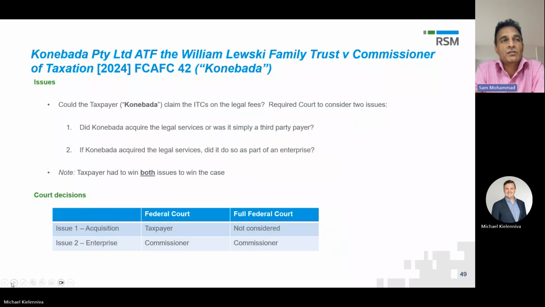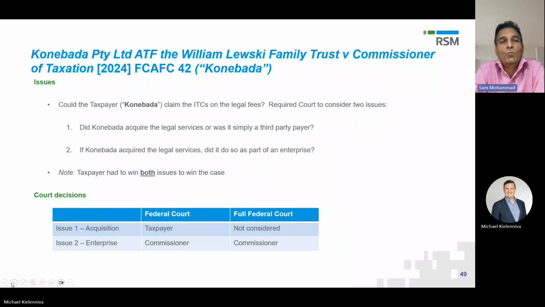So the court was satisfied that the taxpayer did carry on an enterprise, but these costs were not incurred as part of that particular enterprise or any other enterprise. So the court considered that, look, there was an air of artificiality about this entire arrangement, because when you work it through, effectively we're turning legal costs, that would not have otherwise been recovered if directly incurred by the family members because it was a private matter, and we've somehow managed to package it up and allow input tax credits